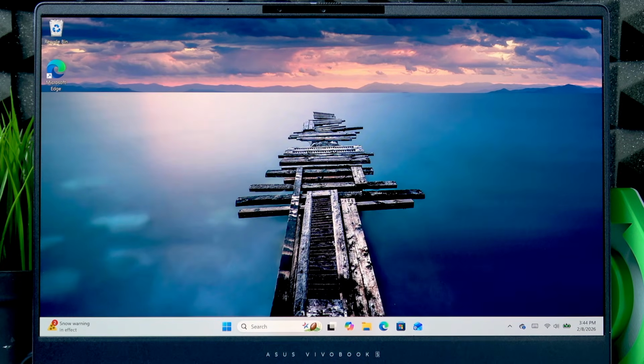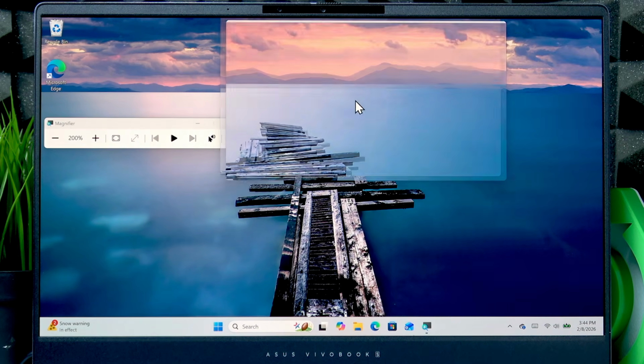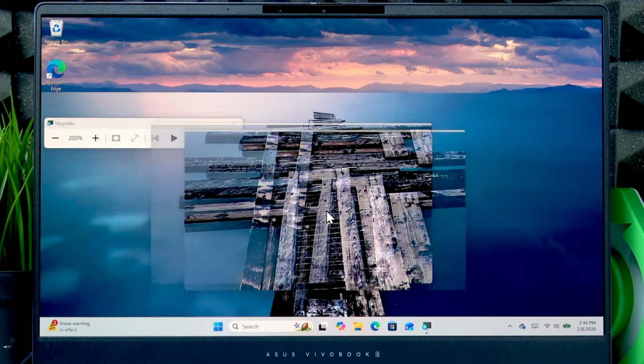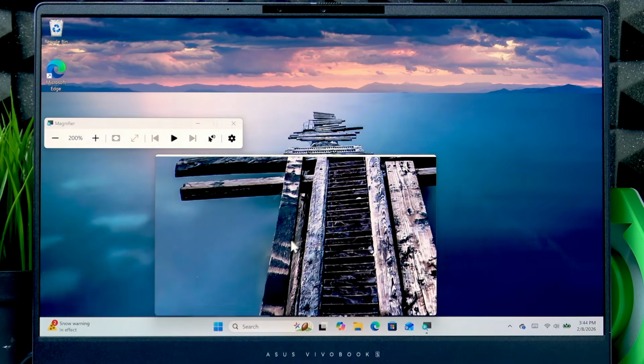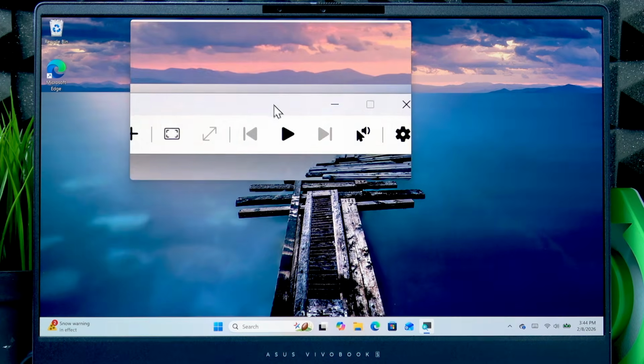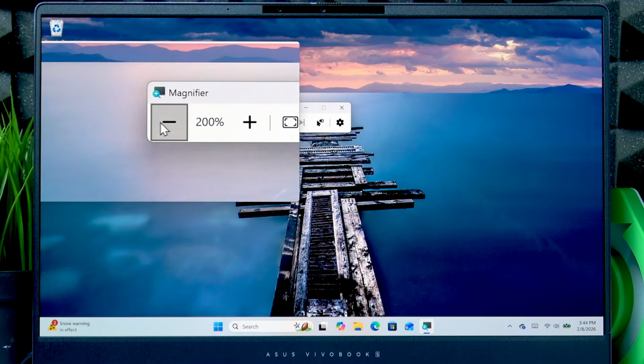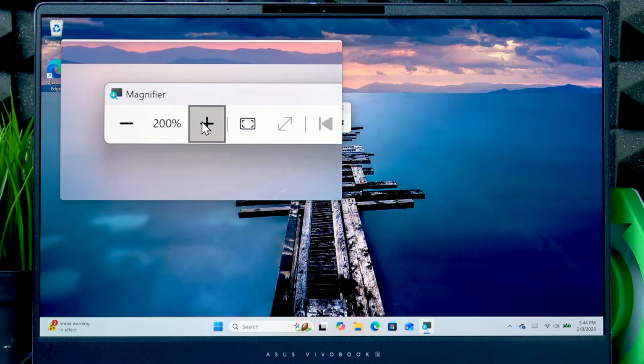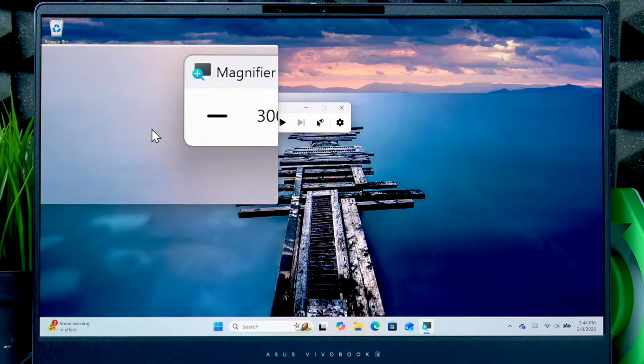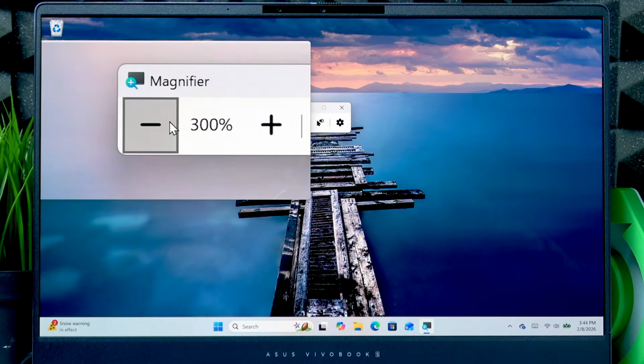To enable Zoom on your laptop, you have to press a combination of two keys, Windows and plus. The plus key is located right before the backspace button. So press Windows and plus simultaneously. This will enable Zoom, or the magnifier feature, on your laptop, and it will also enable the toolbar for the magnifier. Using this toolbar, we'll be able to change the zoom level using the first two icons we see right